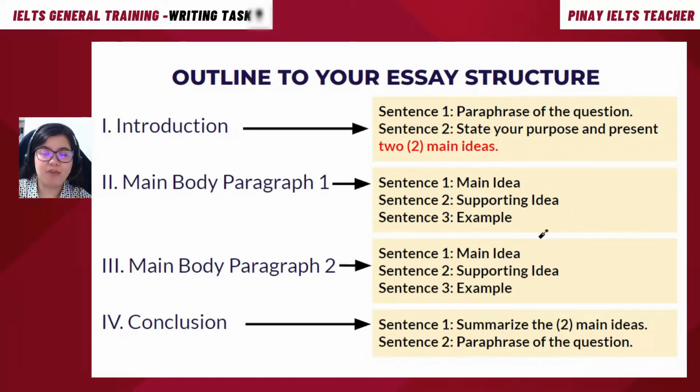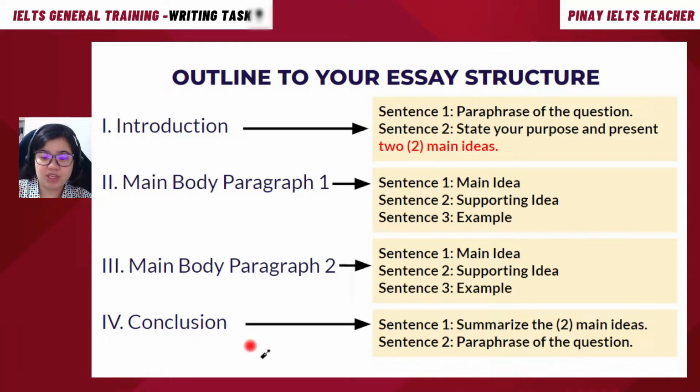Why do we want this type of model? Okay, what it simply shows is, here's my idea. The second sentence is elaborating that main idea, so it's giving a support. And the third sentence is going beyond just supporting it. It's even actually giving an example. So it's a foolproof, holistic approach to presenting an idea. The main idea, supporting idea, and the example. We want to do that on your first idea, and we also want to do that on your second idea, which now represents your second paragraph. Okay, I hope that is clear.